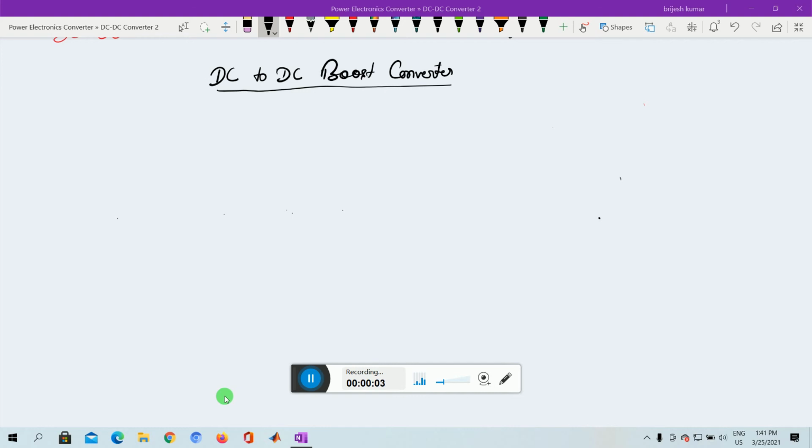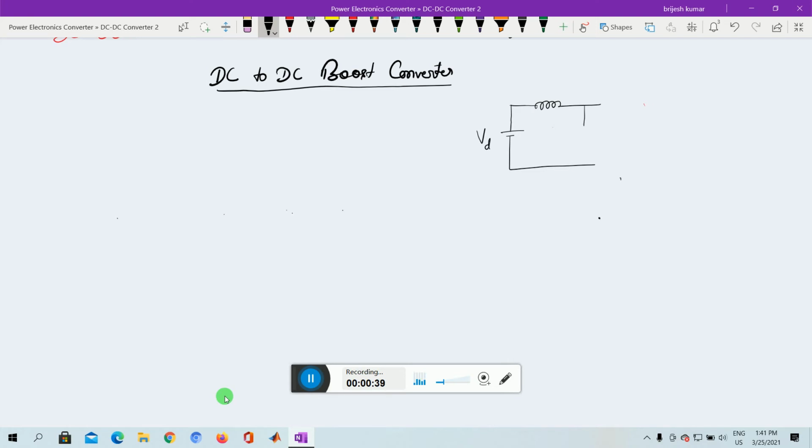DC-DC converter, and here we discuss the DC-DC boost converter. So let us draw the diagram for the boost converter. Usually when we give an applied voltage, let us keep the inductor in series. The reason for the inductor in series is that our objective is to boost the input voltage, and let the input voltage be named VD.